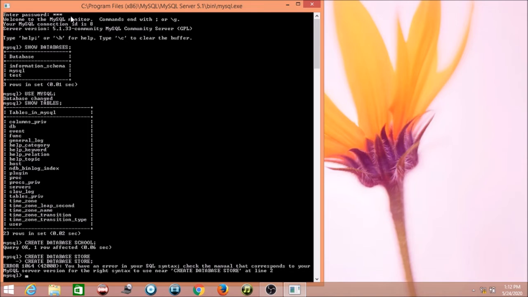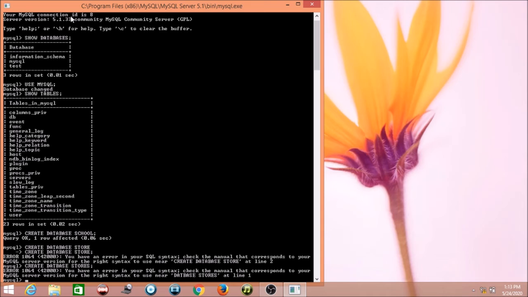So I am changing the query. Create database, and I am giving it the name stores. Semicolon, enter. Again I am getting an error. What is my error? Let me check that: create database stores.